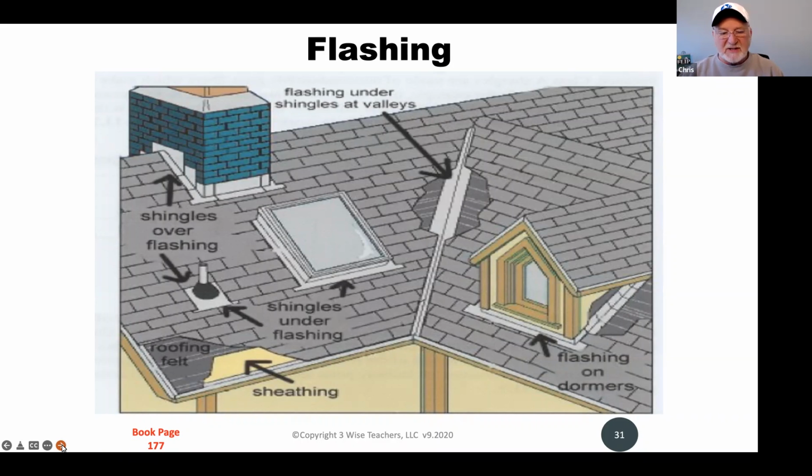That's what flashing does. And then if you look at this, you can see where the other penetrations are as well. You can see where the chimney goes through the roof. You can see where a vent comes up through the roof. All these penetrations will have flashing around them. What's the purpose of flashing? To keep water from getting into these crevices where these angles meet.